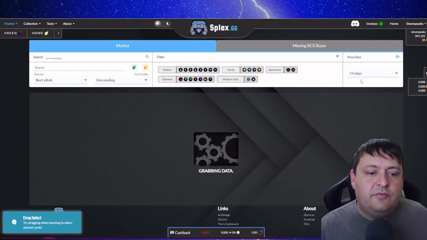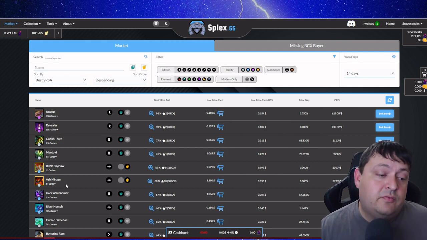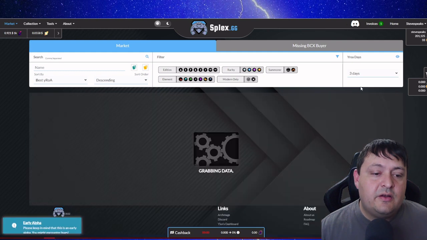So if I go up to 14 days, you're going to see the cards that are listed here are going to drastically change. So over the last 14 days, like Uraeus, I know that's a great card to own and rent. Revealer, really good card to own and rent. Goblin Thief as well. Mantoid, Runic Skyclaw is extremely powerful. So is the Ash Golem. See, these are the top cards renting out as far as your best ROI over the last 14 days. But if I go down to 3,